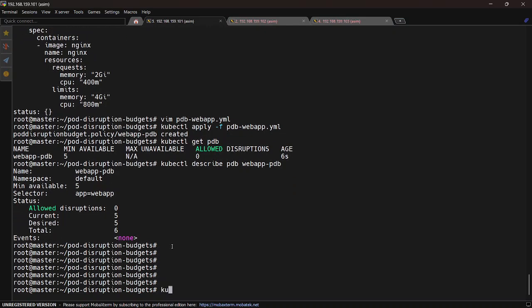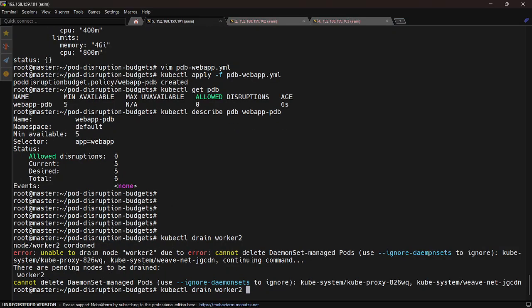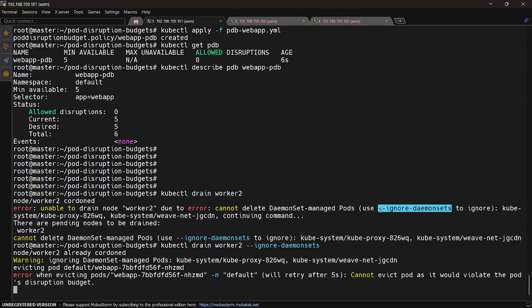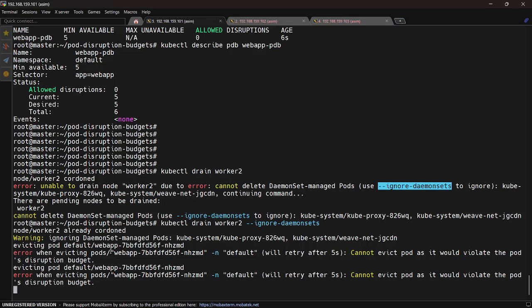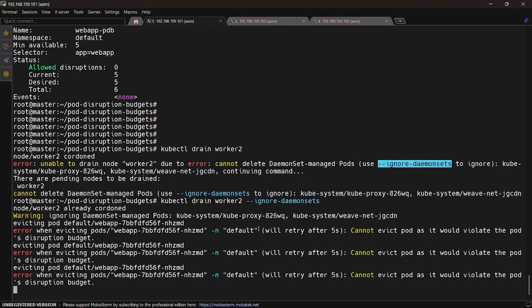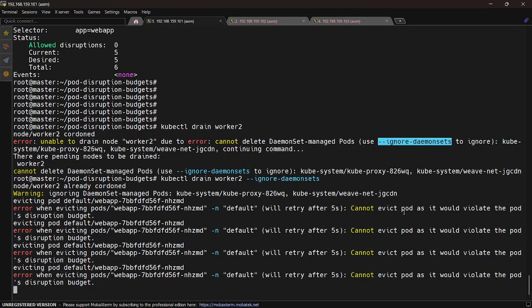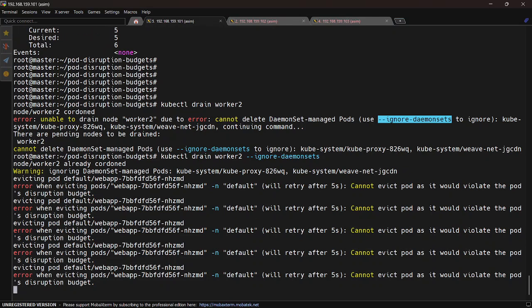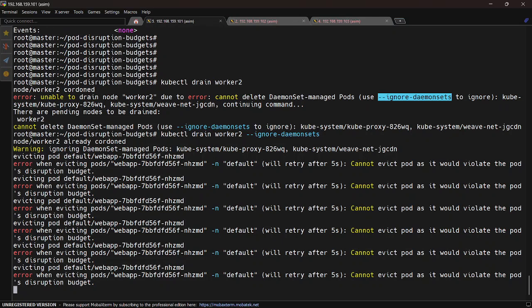Now if I do kubectl drain worker 2 by using ignore daemonsets, you can see the error here. When evicting pods, this pod is trying to evacuate from this node. It is trying every 5 seconds in the default namespace. Cannot evict pod as it would violate the pod disruption budget, that will reduce the number of pods,